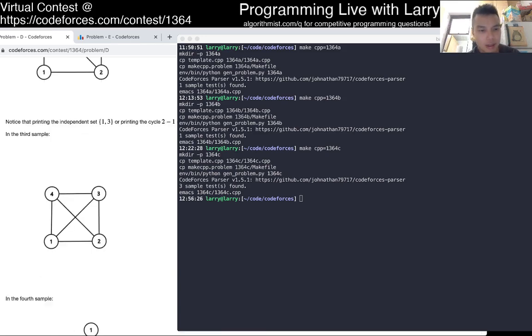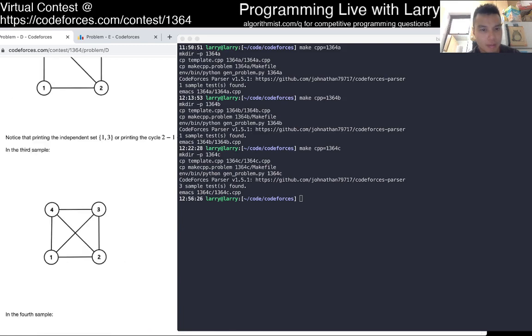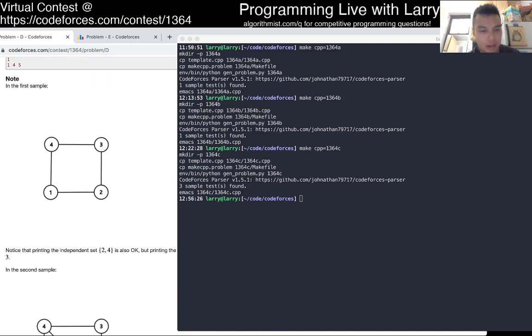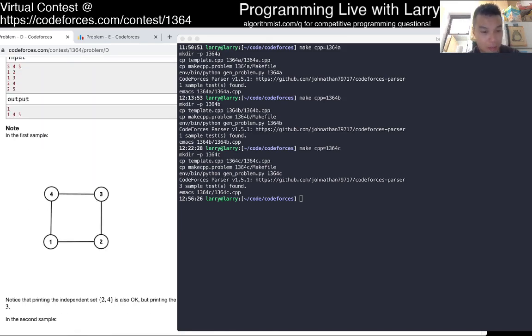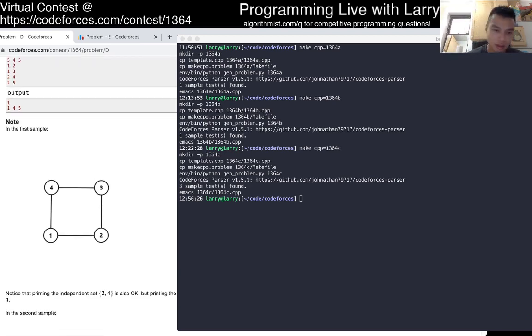Let's say we have a tree from node 1. I think we have to create a tree in that case.